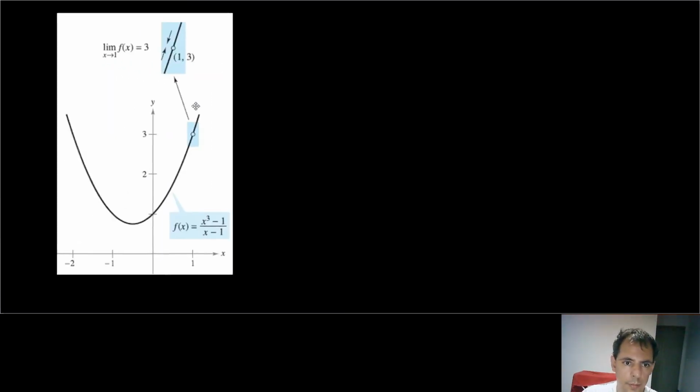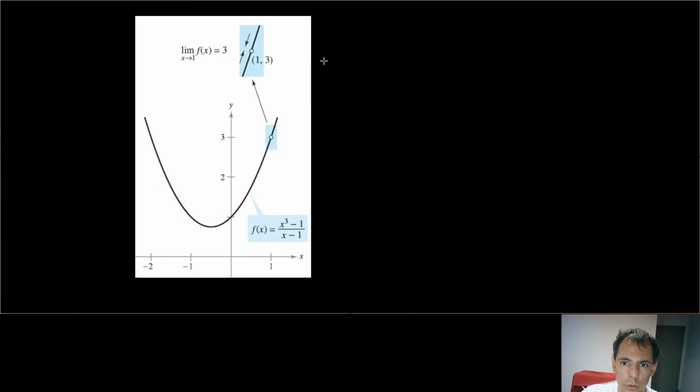Okay, whenever you have a function, I'm going to show you guys this stuff in here. Okay, so what you have here is that you got a discontinuity right here. I don't know if it's large enough for everybody to see. But how do you get this graph? Well, this graph right here, the parabola, you're going to get like x cubed minus 1 divided by x minus